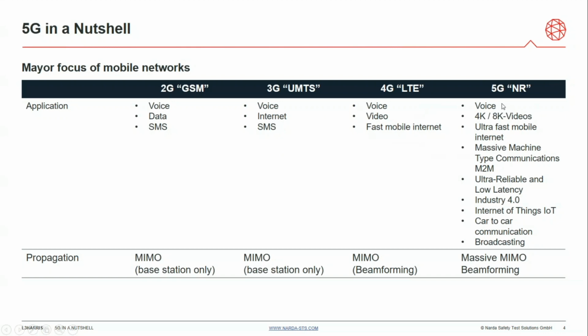And now with the 5th generation, there is a vast amount of functions and applications like enabling, as I already said, the Internet of Things, car-to-car communication, broadcasting, ultra reliable and low latency, massive machine type of communications. So especially here in Germany, we also see a lot of introduction in industrial areas in big industrial plants. So it's not only the good old telephony, which is based on 5G, but also a lot of interconnection between